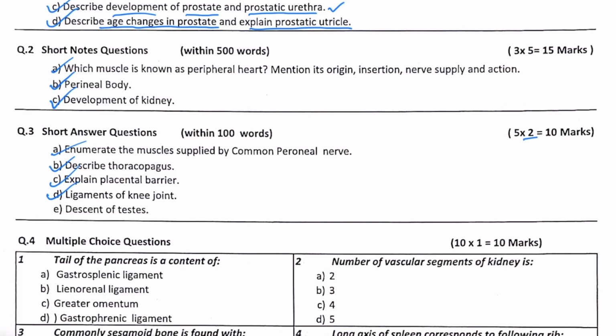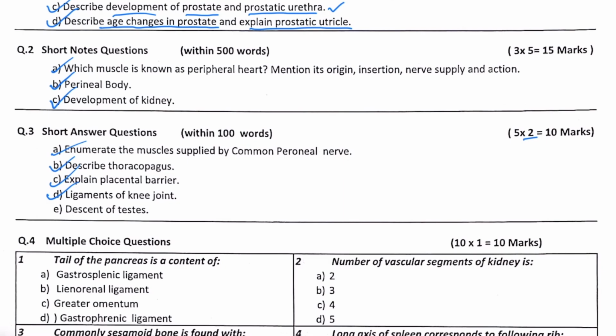Now there are two modifications of the lateral meniscus as well. These are called the meniscofemoral ligaments. One is the anterior meniscofemoral ligament, the other is the posterior meniscofemoral ligament. The anterior meniscofemoral ligament is called the ligament of Humphrey, and the posterior meniscofemoral ligament is called the ligament of Wrisberg. H comes before W. So remember, anterior is Humphrey, posterior is Wrisberg. W, I guess, here is silent. The spelling is